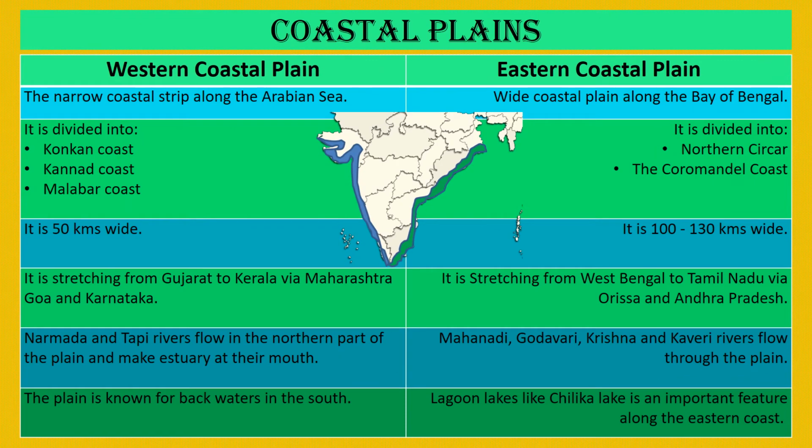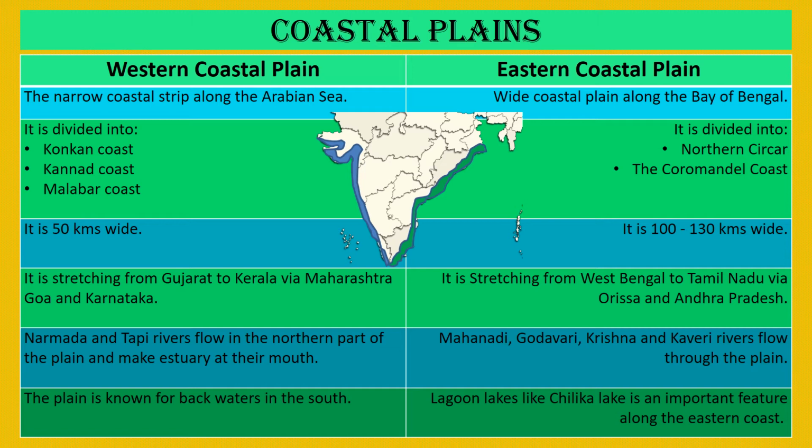Coastal plains are formed by accumulation of sediments. These sediments are brought by sea waves as well as the rivers which are flowing through the region. So when we compare the western and the eastern coastal plain, we find the following differences. The western coastal plain is narrow, but the eastern coastal plain is wide. It is wide because there are many rivers which are flowing through the region, and all these rivers deposit huge amount of sediments along the coast. Moreover, the height of the coastline is low, therefore the sea waves also deposit huge amount of sediment along the coast. That's how the plain has become wide.